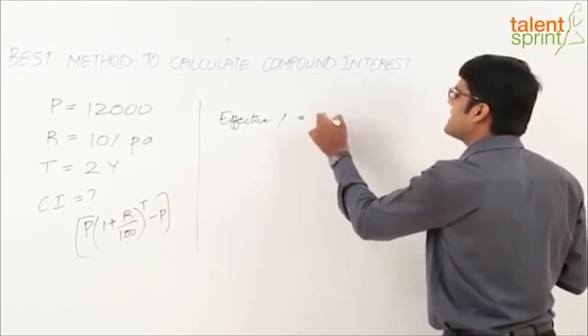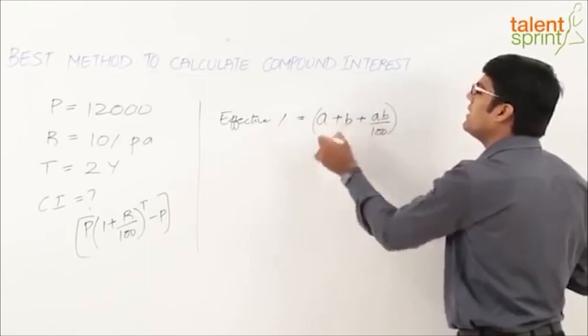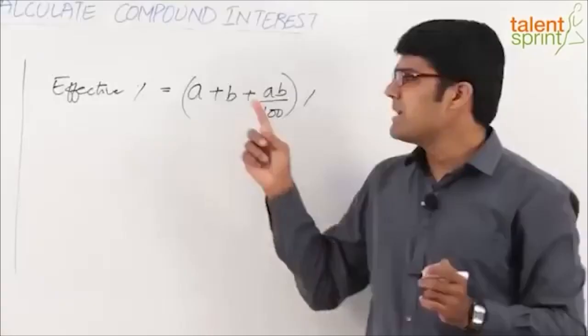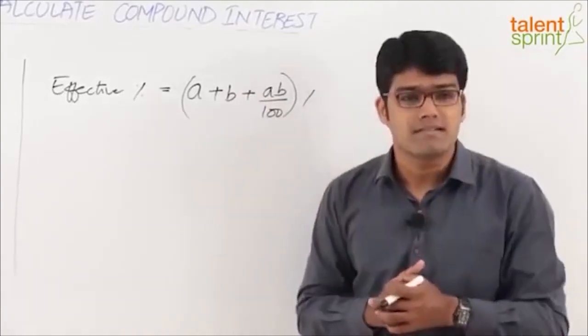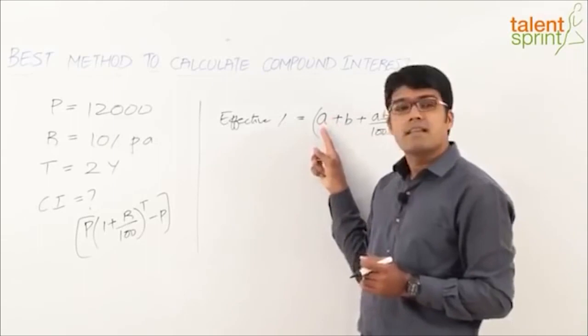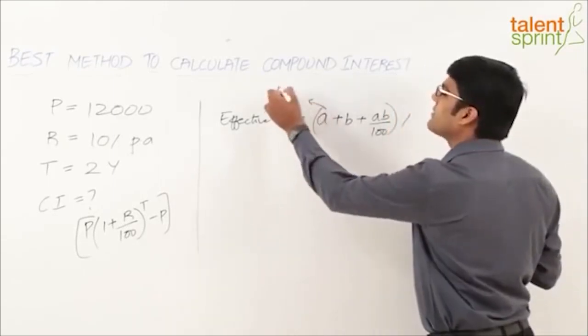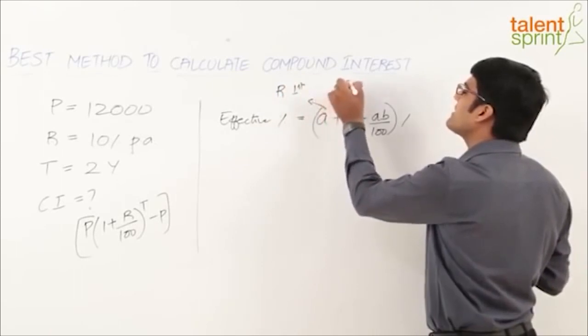Effective percentage is given as A plus B plus AB by 100, right? Where A and B are two different percentages. A plus B plus AB by 100 is the effective percentage for two given percentages. Now what are A and B in our case? A is the rate of interest in the first year, and B denotes the rate of interest for the second